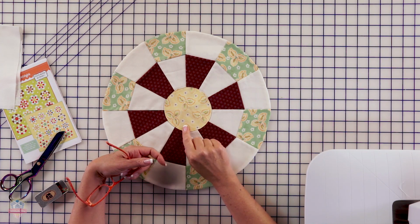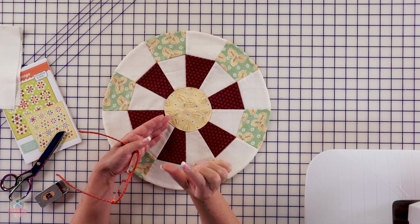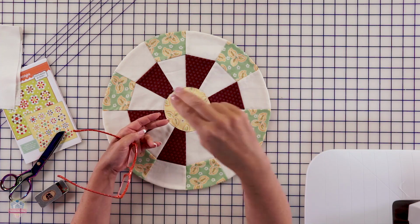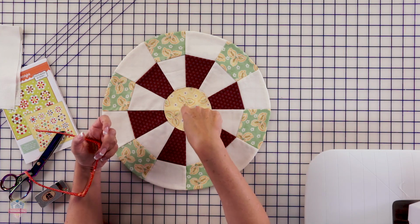And so what I would have done here is I had done the exact same interfacing thing. I did a little clip. Now the clip is smaller on this one, so just be careful. Stay away from the fabric when you do it. Turn it inside, clip the edges, sorry, then turn it inside out. Press it all the way around so that you've got a perfect little circle, and then center it,